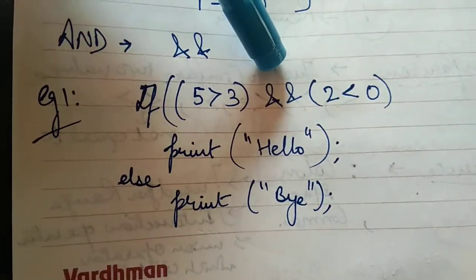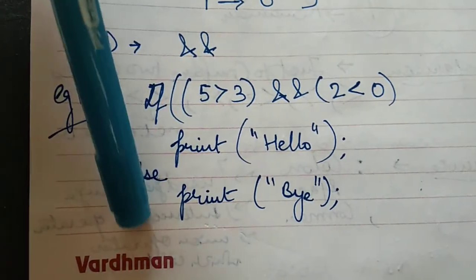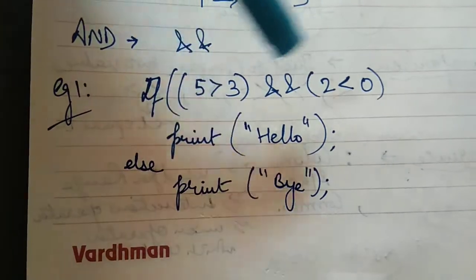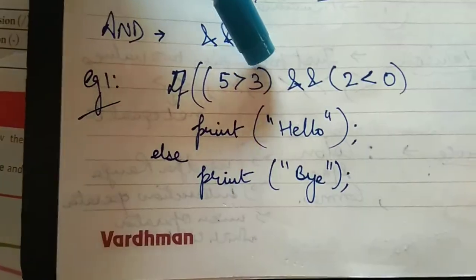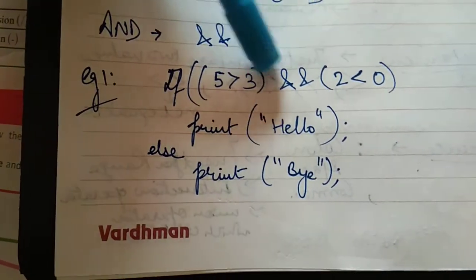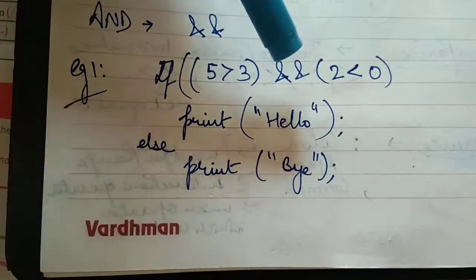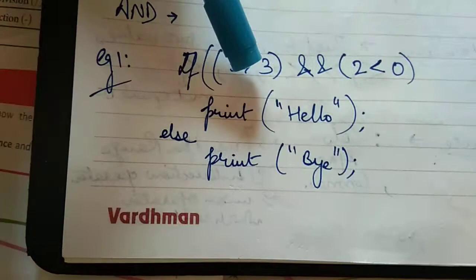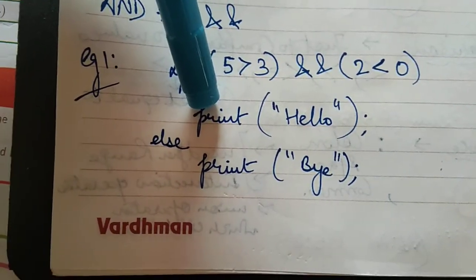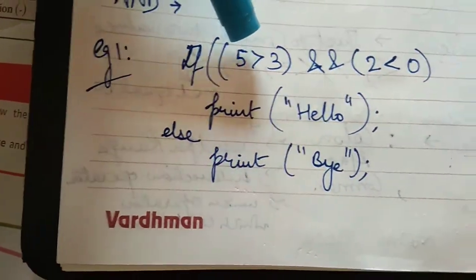For the AND operator, अगर आप चाहते हो कि आपका AND operator वर्क करे, that means next जो लिखी गई स्टेटमेंट्स हैं उनको एग्जीक्यूट करे, AND ऑपरेटर की साइड्स पे लिखी हुई दोनों कंडीशंस की मस्ट है कि वो ट्रू रहे. That is, अगर 5 3 से बड़ा है, इस साइड की कंडीशन भी ट्रू हो गई. Then on the right side is 2 less than 0. अगर ये भी कंडीशन ट्रू हो जाए, right, दोनों कंडीशंस ट्रू होंगी तभी आगे की स्टेटमेंट्स रन होंगी, right, otherwise it will not run.